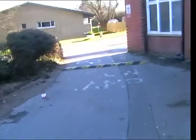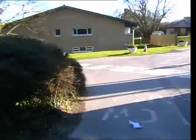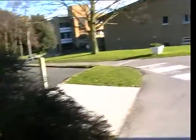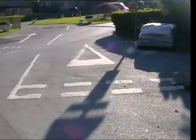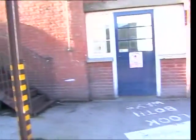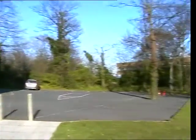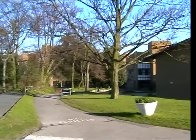Well, that's a brief tour of Yarrow. I won't bother with Thanet College because it's rather drab and uninteresting architecture. But hope you've enjoyed this little tour around Yarrow and some of its little quirky places. We'll leave it now to all the animals, and I'll